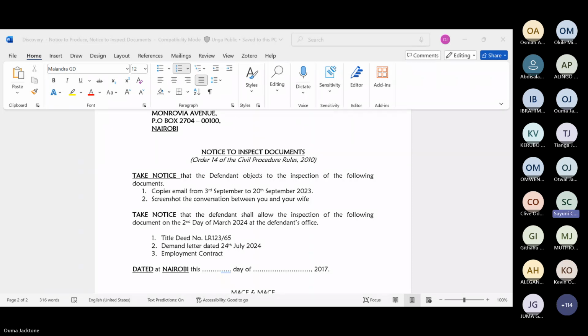That the documents are not in your possession. Thank you very much. That's a very good answer. I don't have the documents. What you want, I don't have them. Okay, that is a good reason to refuse inspection. So when you're drafting your notice to inspect, you will just say that I will not produce the following. You don't give them the reason why. But when you prepare your replying affidavit, you'll be saying the documents being looked for, I don't have them. Number 2.